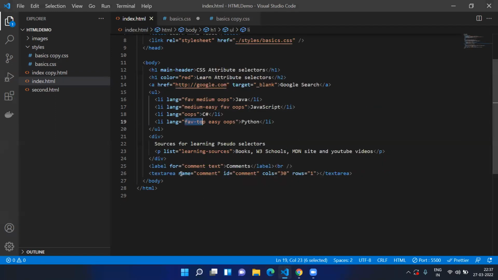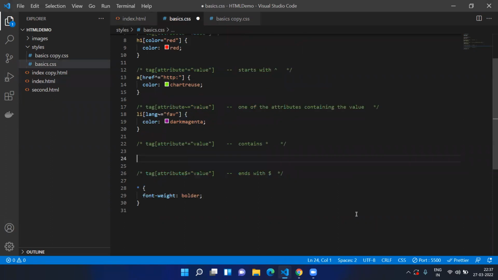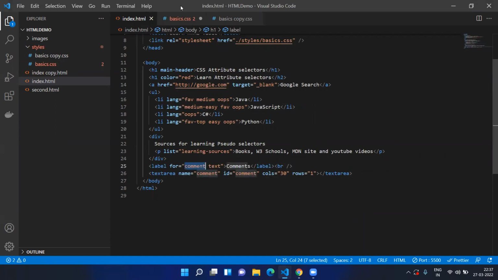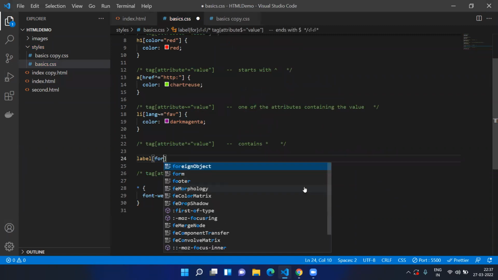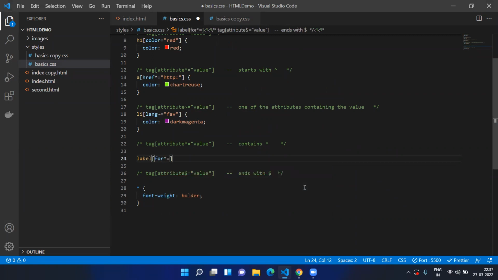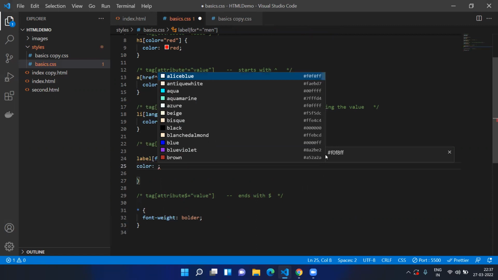Let's say if you go to the same index.html, here you can see the label has the comment and text. But here I am not looking for one of the values. I am looking for a specific substring inside any one of the values. Let's say you can get it the same way. So label open, let's say it can be ID, or we will take different values. Let's see in label, we will take the for, and contains will be star equal to, let's say min, color, make it something